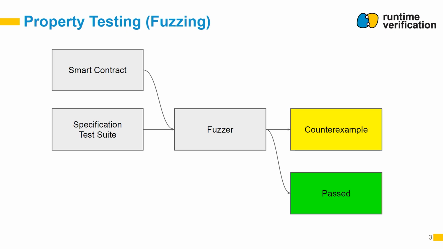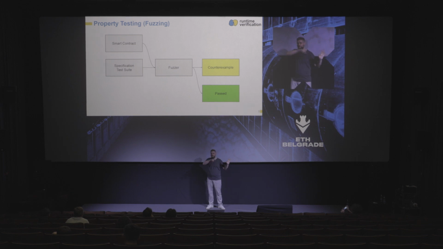If you are familiar with fuzzing, then you are in a very good position to understand symbolic execution. When we talk about fuzzing, we basically mean we have a test suite that's usually written in Solidity, and you leave some of the parameters open in your tests. The fuzzer throws random inputs at your test function and tries to find counterexamples. At the end, the fuzzer tells you, hey, I found a counterexample, which is really nice, because then you know you have a bug and you need to go back to your smart contract and fix it. You can just run your fuzzing suite again, and eventually the fuzzer will at some point say, okay,